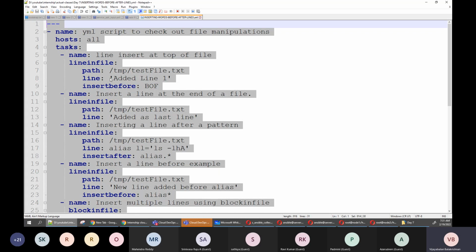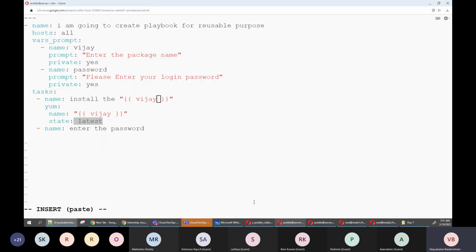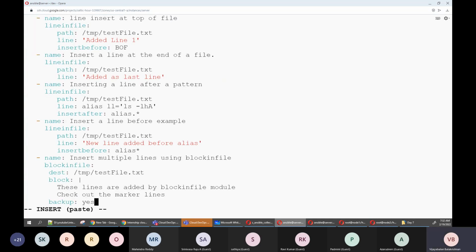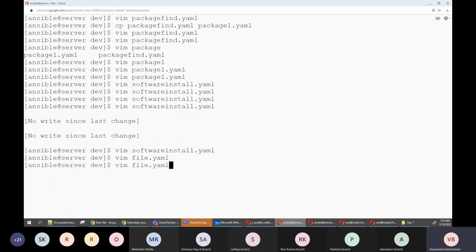So we will just copy this. I'm going here, coming out, and saying vi file.yaml. I am going to say set paste, insert, and then paste it. If I don't do this, I will show you.